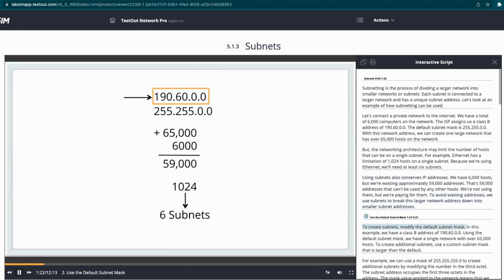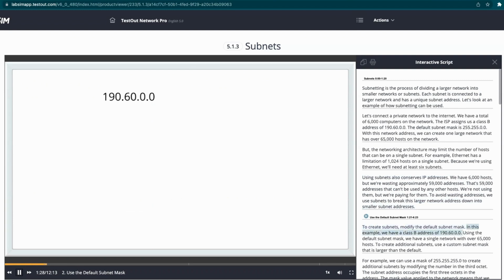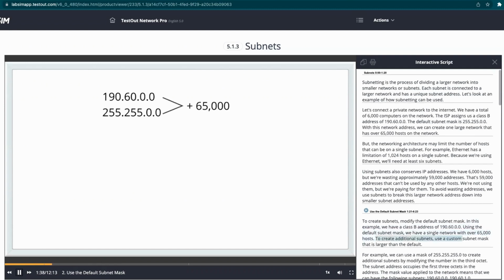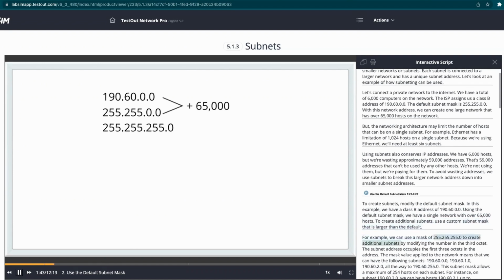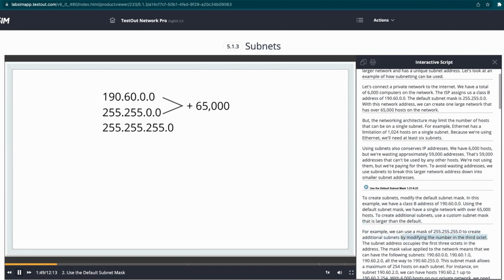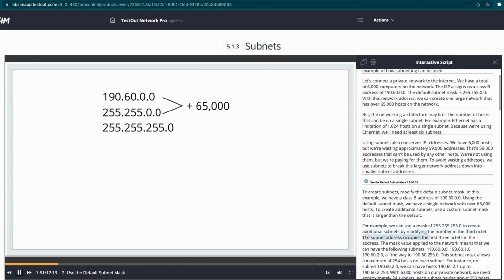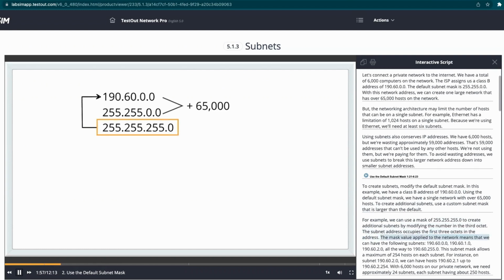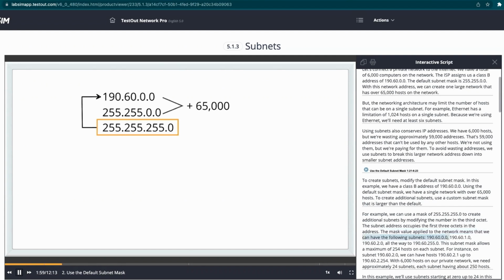To create subnets, modify the default subnet mask. In this example, we have a Class B address of 190.60.0.0. Using the default subnet mask, we have a single network with over 65,000 hosts. To create additional subnets, use a custom subnet mask that is larger than the default. For example, we can use a mask of 255.255.255.0 to create additional subnets by modifying the number in the third octet. The subnet address occupies the first 3 octets in the address. The mask value applied to the network means that we can have the following subnets: